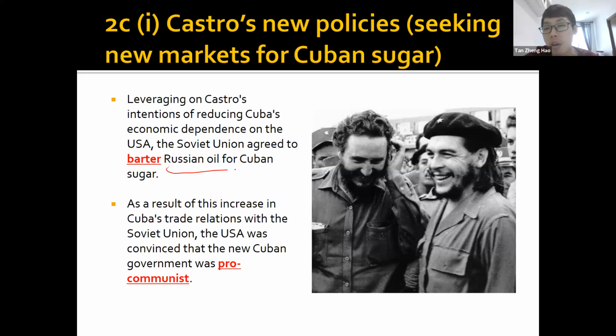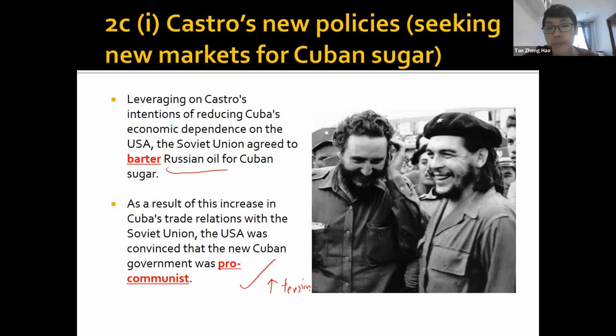But now that Cuba has an awkward and bad relationship with the USA, right? They might not get such a good supply of oil. So the USSR comes in and says, hey, you are my new friend now. Now that you're selling me sugar, allow me to sell you some oil that you need to run your factories, run your military. So because of that, the USA starts to think that Cuba's government was very pro-communist, and because of that, it created a lot of tension. They start to think that Cuba is an ally of the USSR, and because he's an ally to my enemy, Cuba is also now my enemy.